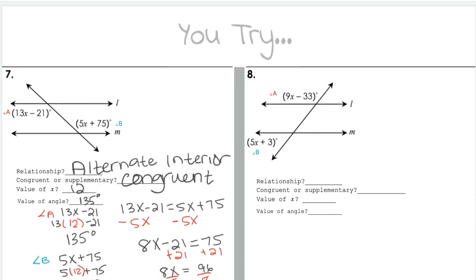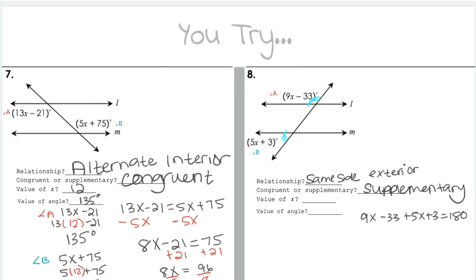All right, and number 8, determine their relationship. These are same side exterior angles because they are both on the left side of the transversal, and they are both outside of the parallel lines. So same side exterior. Are same side exterior angles congruent or supplementary? They are supplementary, so that means that I'm going to add the two expressions together and set it equal to 180. So we get 9x minus 33 plus 5x plus 3 equals 180, and we're going to go